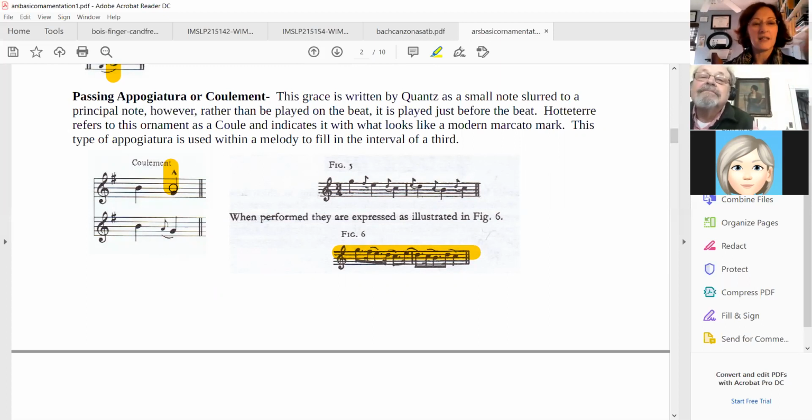And this is how you know if you're playing a coulement, a passing appoggiatura, or an accented appoggiatura, and that is if principal note 1 and principal note 2 form a third. The coulement always fills in the gap of a third. So you kind of have to look at what comes before and what comes after to know what kind of appoggiatura you're looking at. So if I'm going to play figure 5 here,